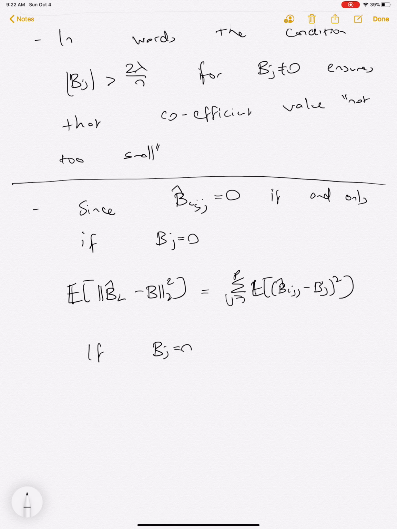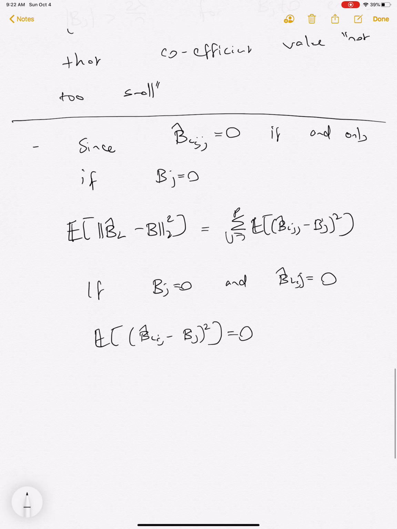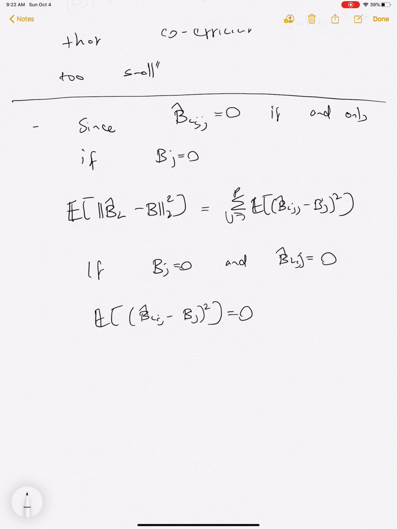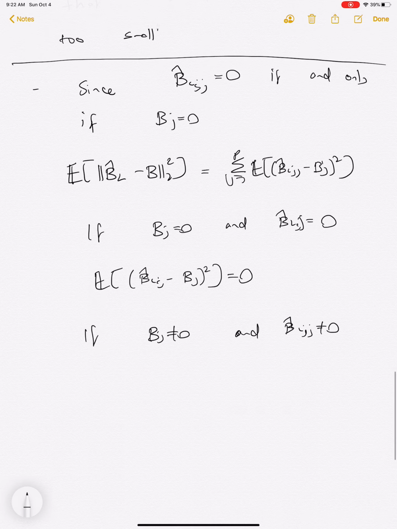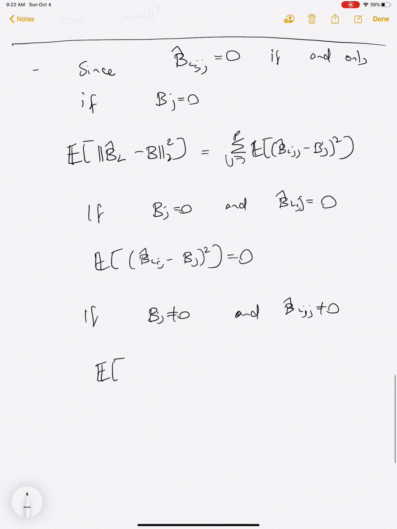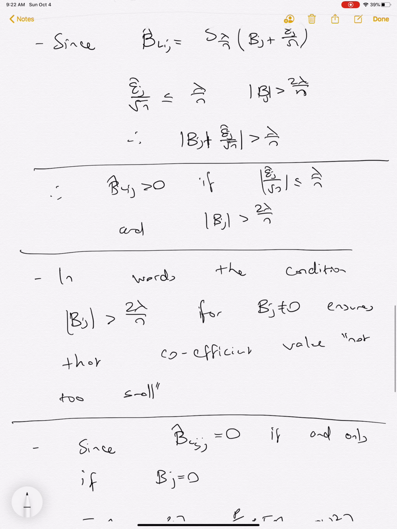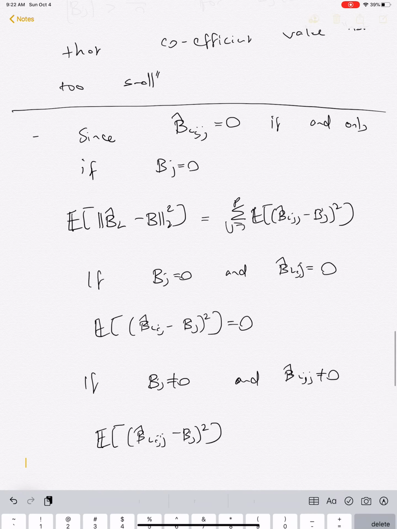If bj equals 0 and b hat lj equals 0, then clearly this is equal to 0, and so we only need to consider the other case. If bj is not 0 and b hat lj is not 0, then we can see from the soft thresholding operator that this thing is equal to